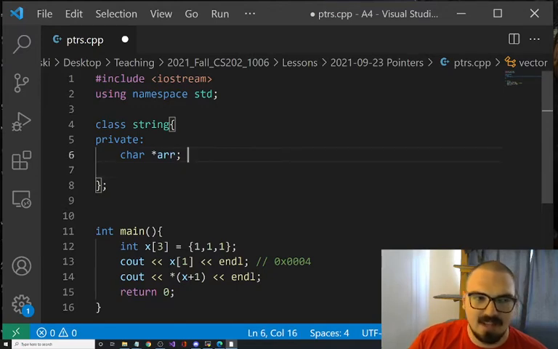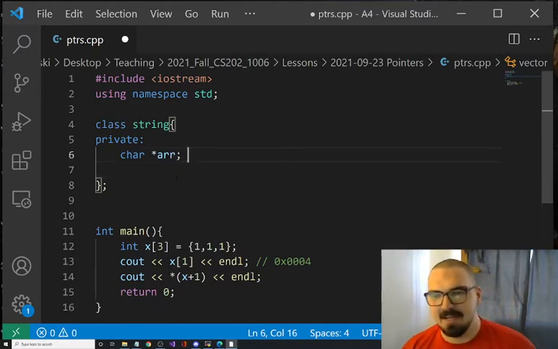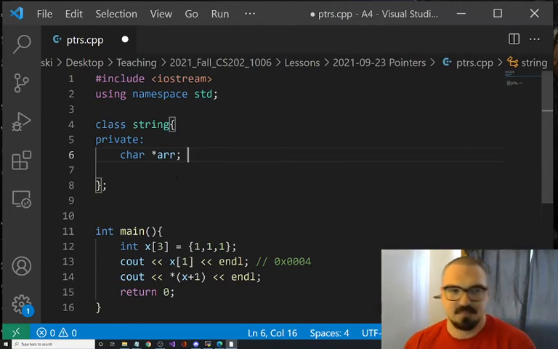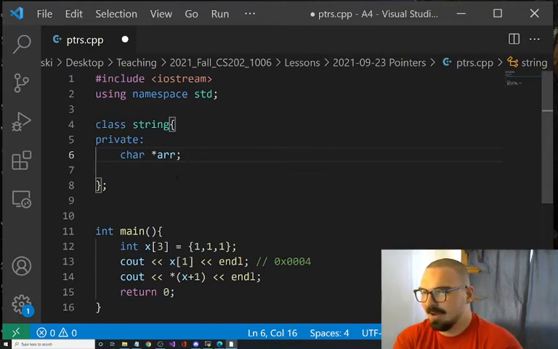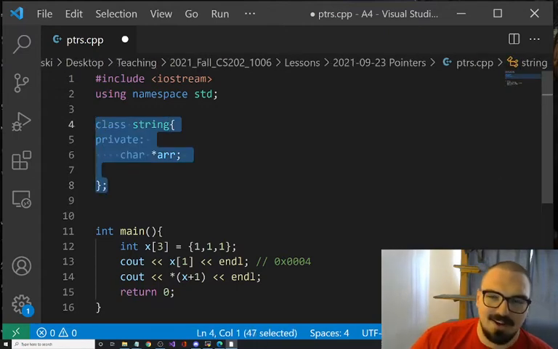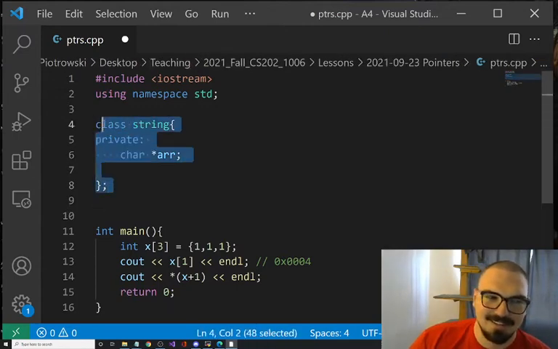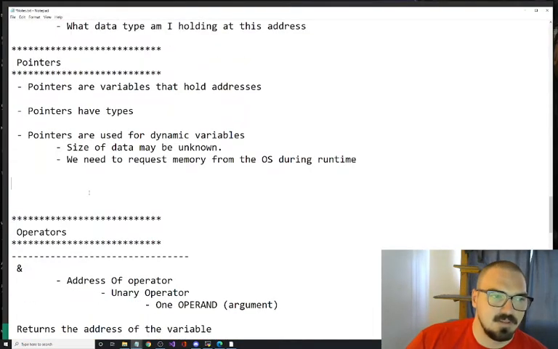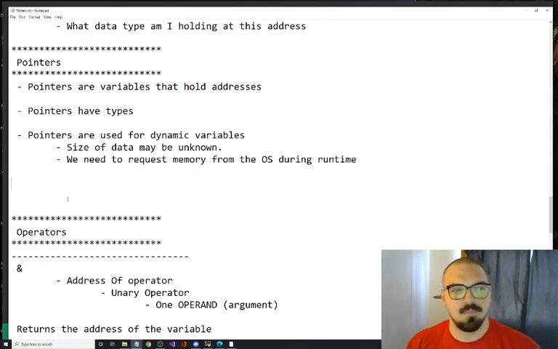During runtime, it says, hey, OS, I need some more memory for my string, or it says, hey, OS, I don't need this much memory anymore. So I hope that enlightens you a little bit. Yeah, you can import these things if you want, but they work with exactly what I'm teaching you today.